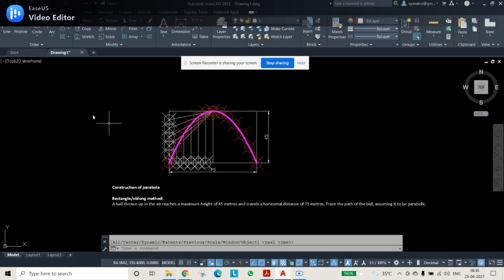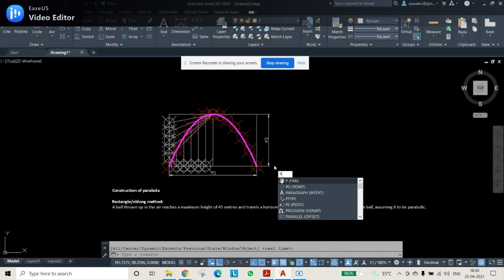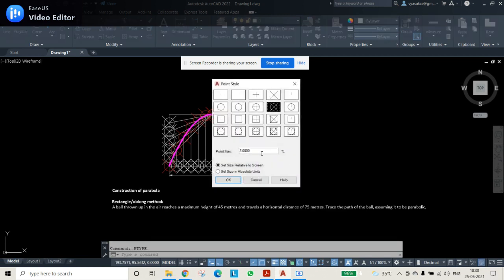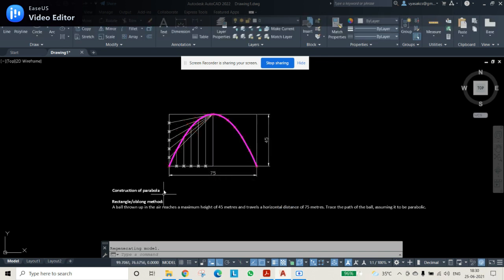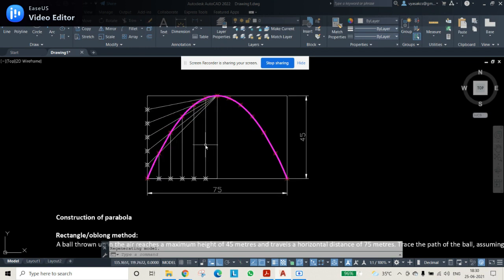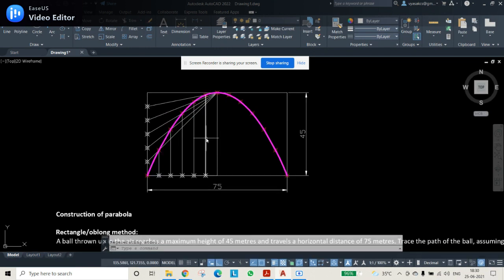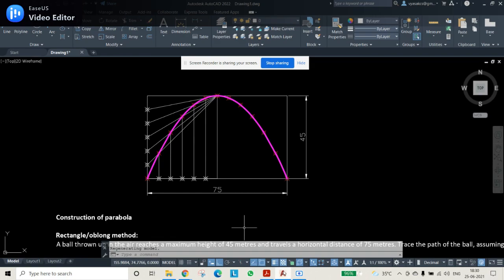By this, in our diagram you can see the point style is very big, so you can use PTYPE. Point style can be changed in the PTYPE. Instead of 5, you keep some 2, so that everything is good. So in this way, you can have the oblong method, where the parabola